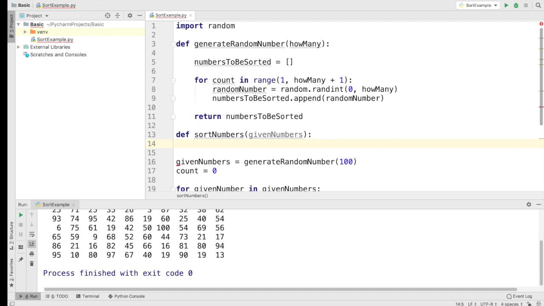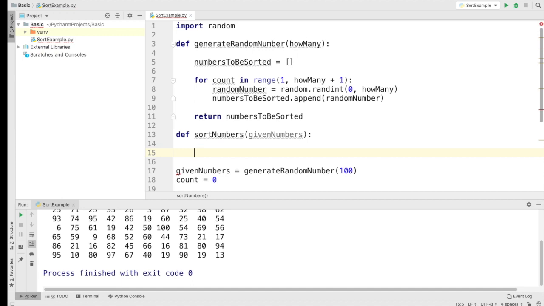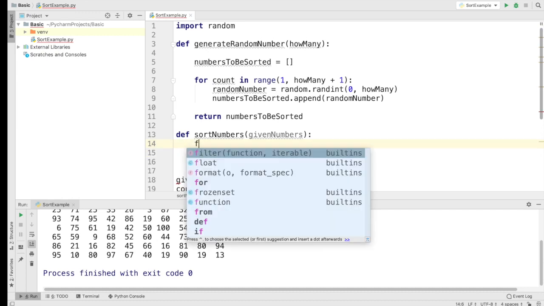Okay, so I got the given numbers in the array, right? So now, how do I sort this array, right? And my simple method is like this. So this time I'm just going to use the other loop, the count and range loop, right? So I say for,